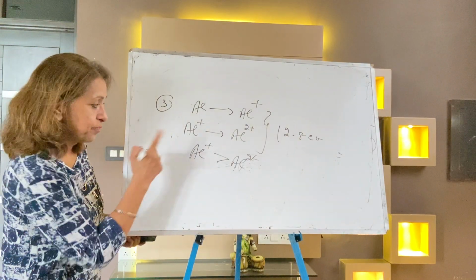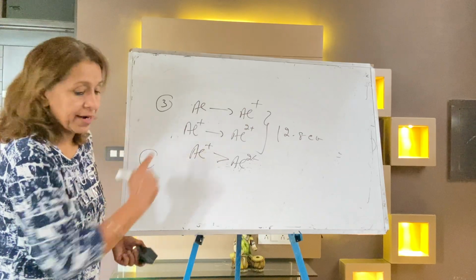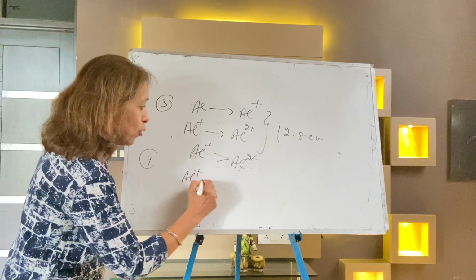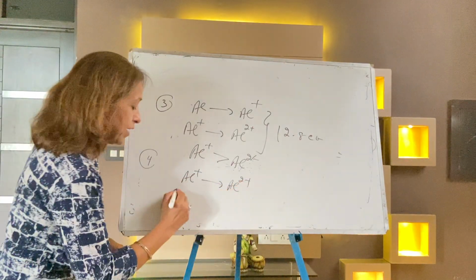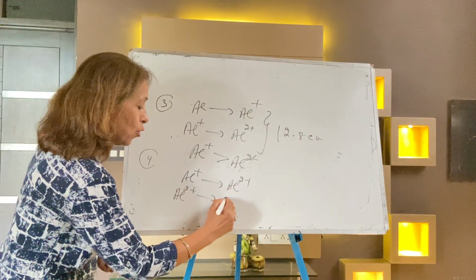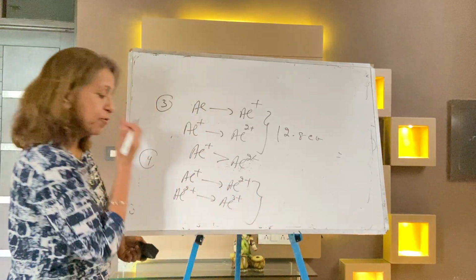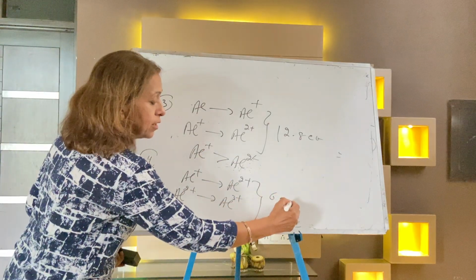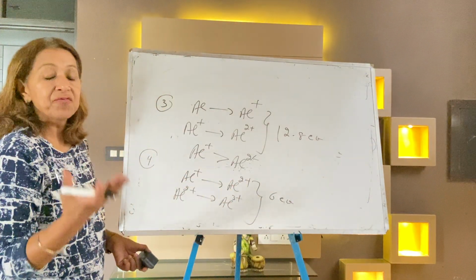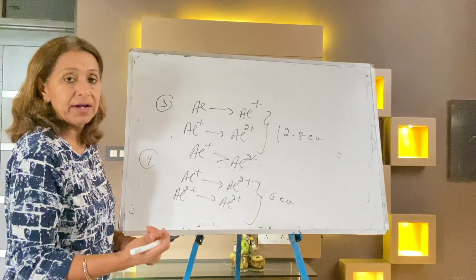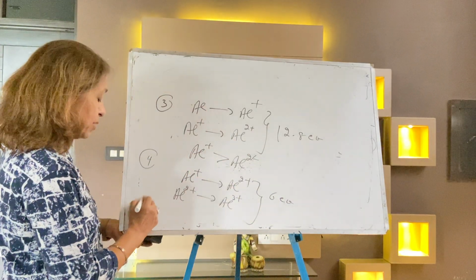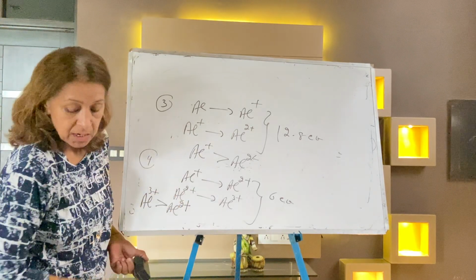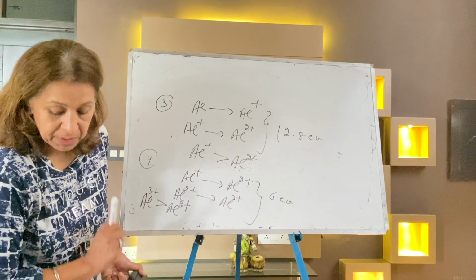I'm taking one more, because there is a third electron we can take out from aluminium. Now it's aluminium plus to aluminium 2 plus, and after that aluminium 2 plus to aluminium 3 plus. The difference between aluminium 2 plus and 3 plus is just 6 electron volt. The difference is quite low. When the difference is quite low, you can take out electrons, so higher states are stable. That means aluminium 3 plus is more stable than aluminium 2 plus.